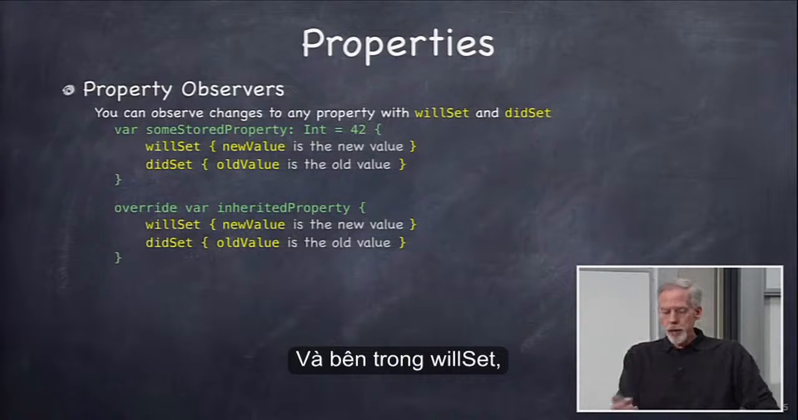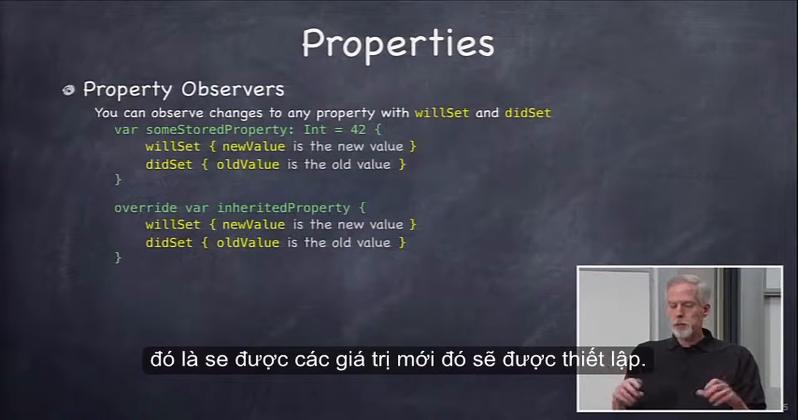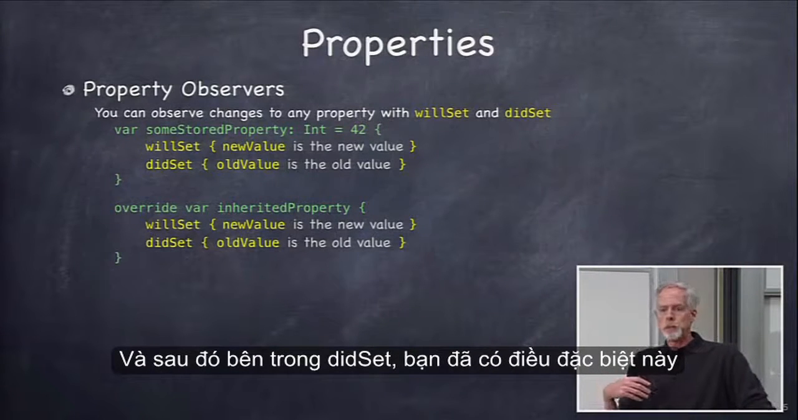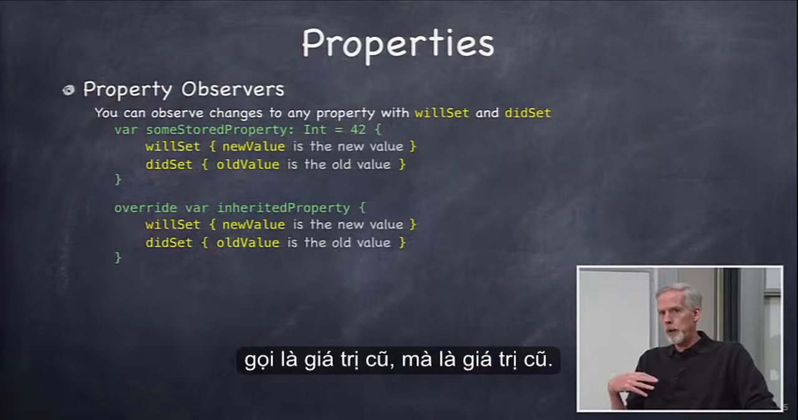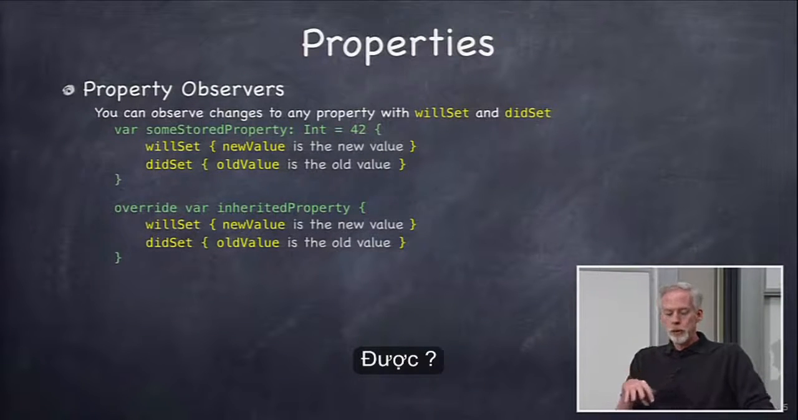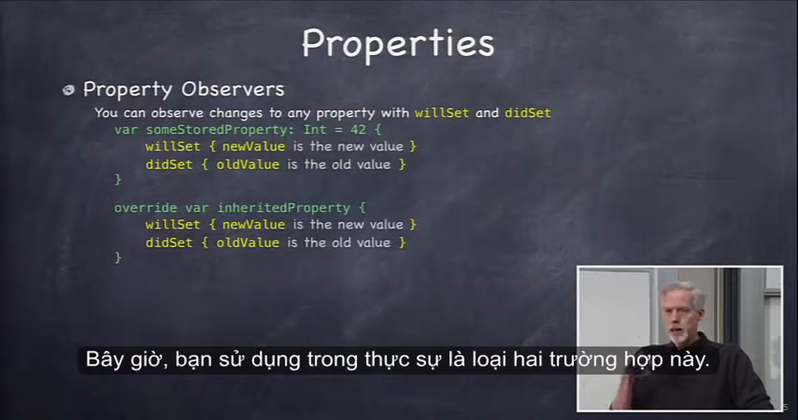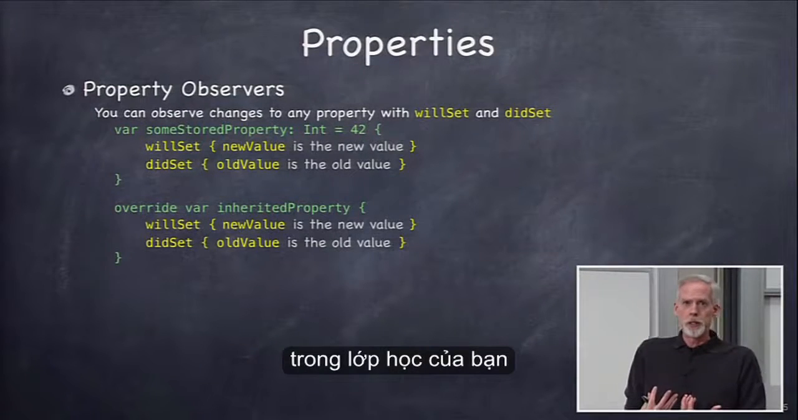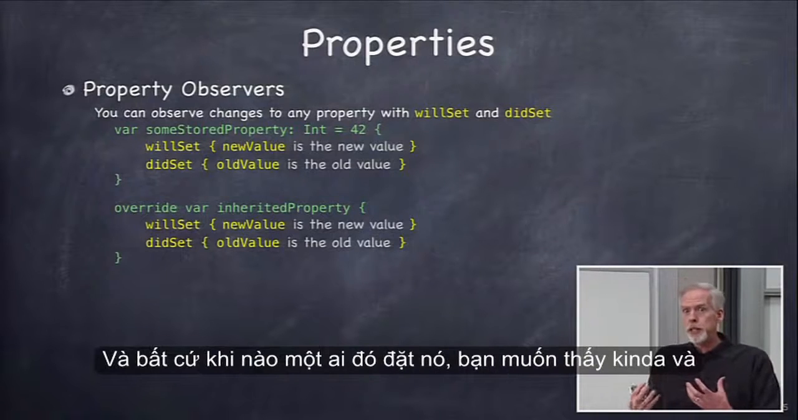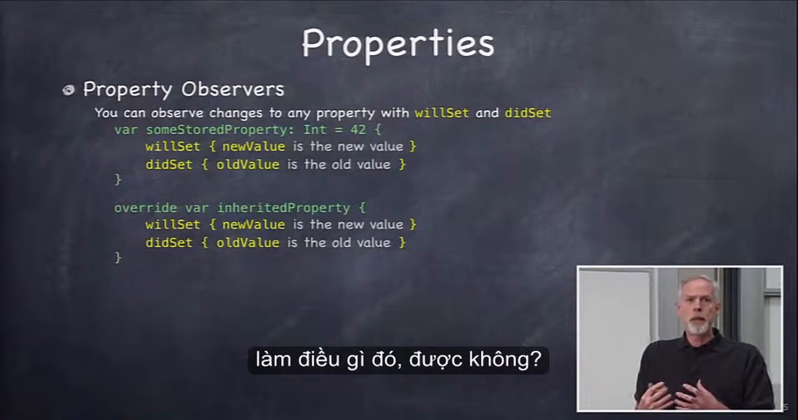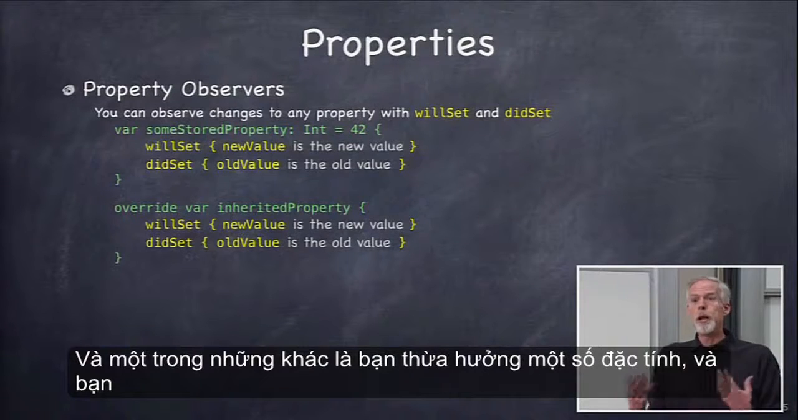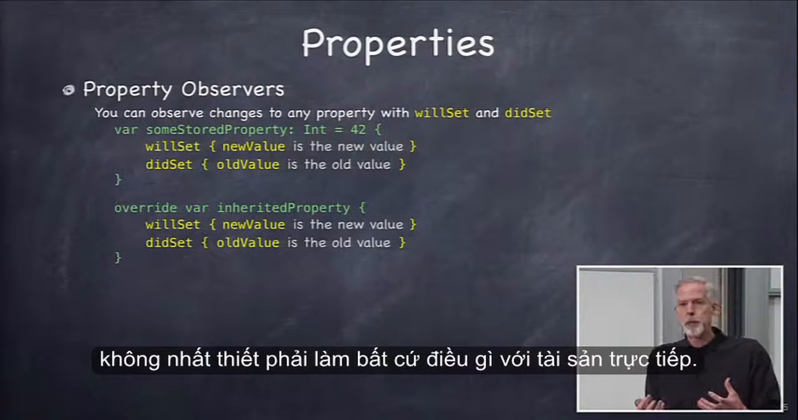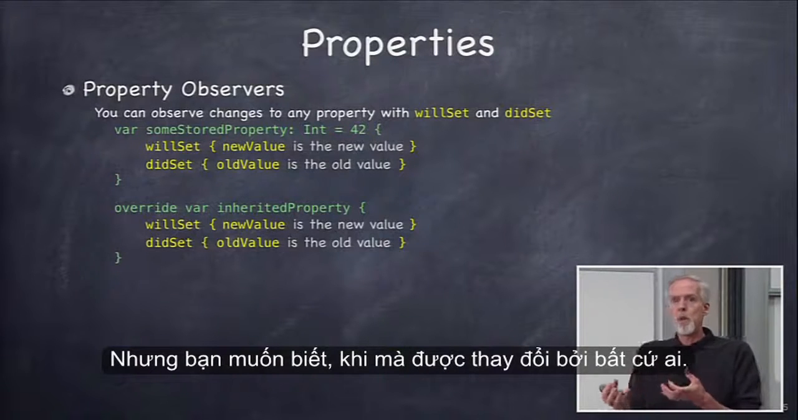And inside the willSet, you've got this special variable called newValue, which is going to be the new value that's going to be set. And then inside didSet, you've got this special thing called oldValue, which is the old value. Okay? Now, you use this in really kind of these two cases. One is you have a stored property in yourself, in your class, and whenever someone sets it, you want to kind of notice and do something, okay? And the other one is you inherit some property, and you don't necessarily do anything with that property directly, but you want to know when that gets changed by